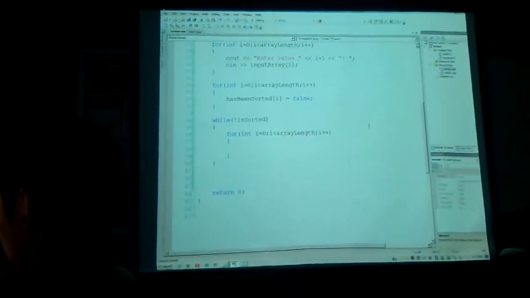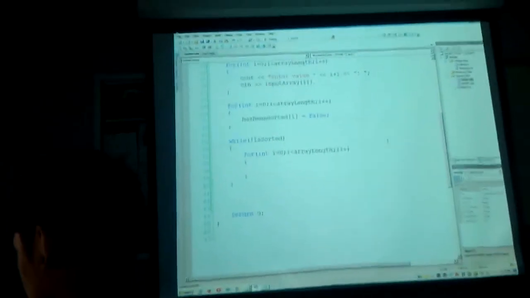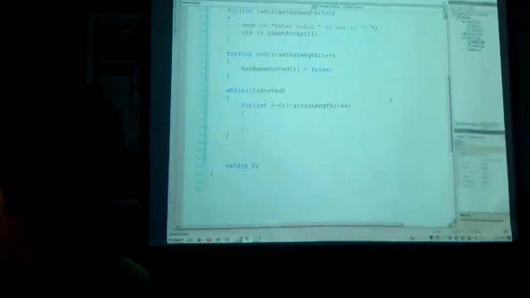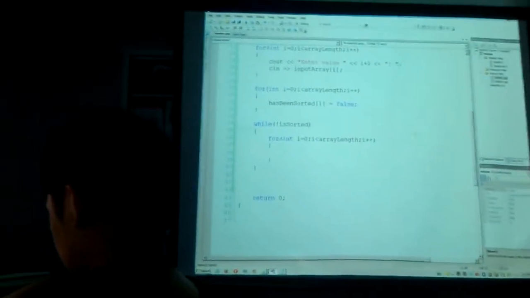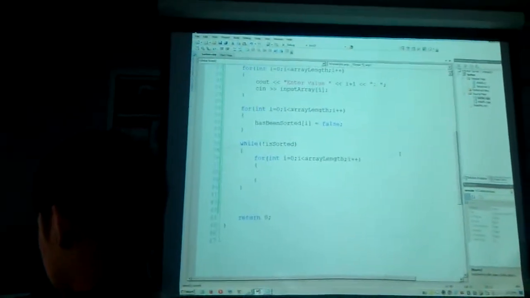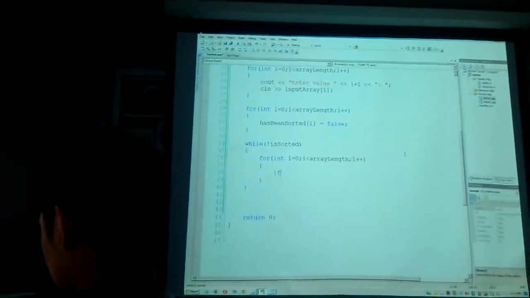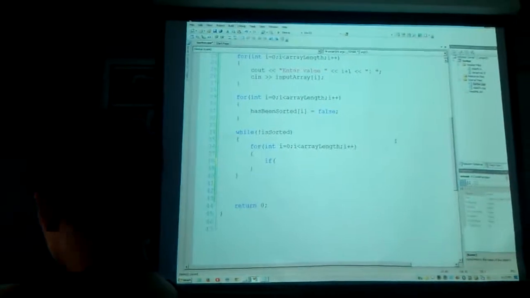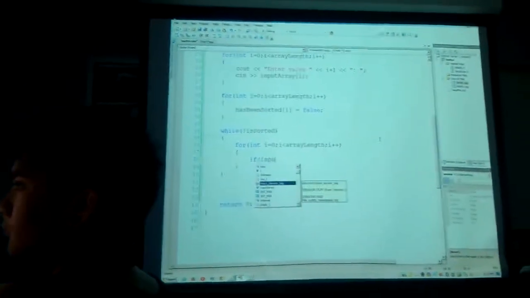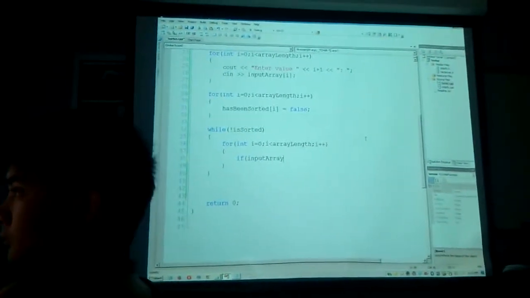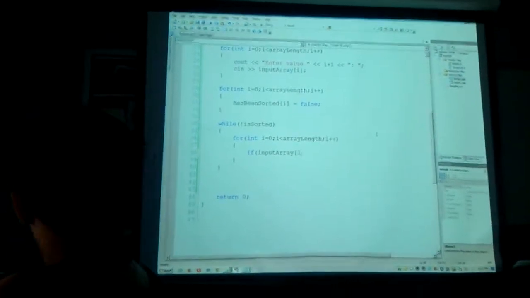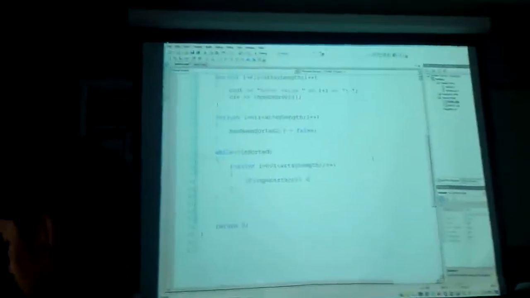Ascending. So every entry should have a value greater than the entry before it. Every entry should be less than the entry after it, right? So we can ask if input array of I is less than